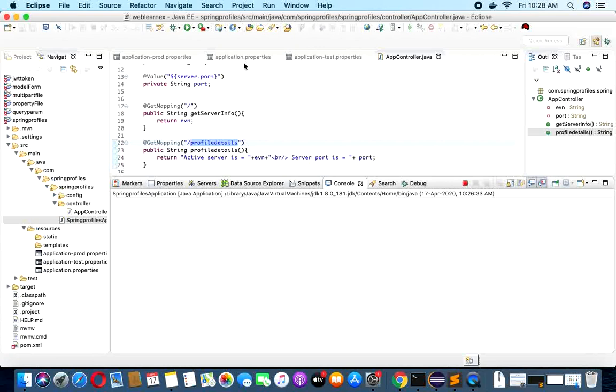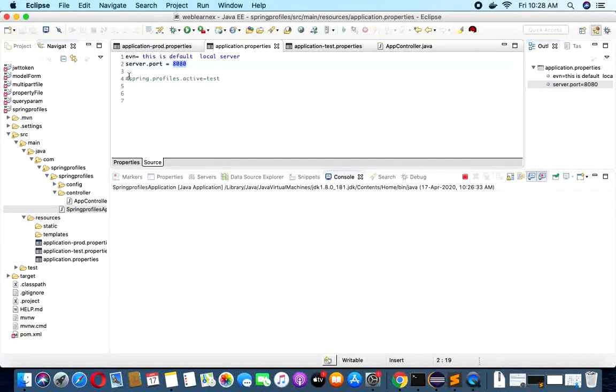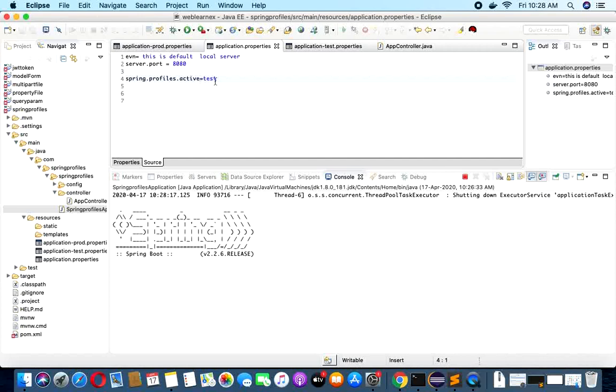If you want to run a particular environment, you can change one configuration in your property file. This configuration is spring.profiles.active equal to whatever your environment name is.